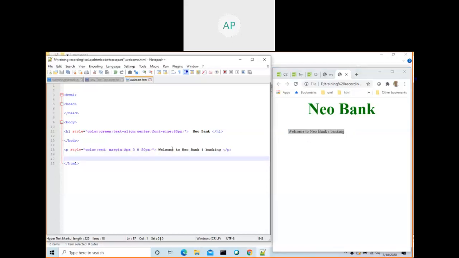So let us create some other tag, the div tag. What is the use of the div tag? Div is a container which is used to create a section in a page. When you go to a newspaper, there are a lot of different sections. If you want to create something, you can use div. Div is like a container which contains other HTML tags.